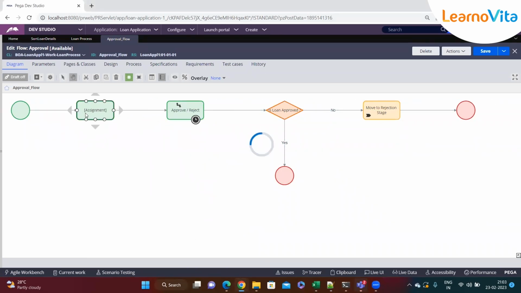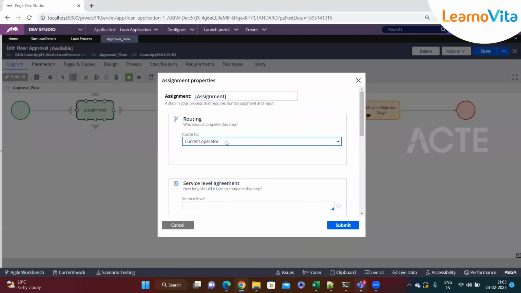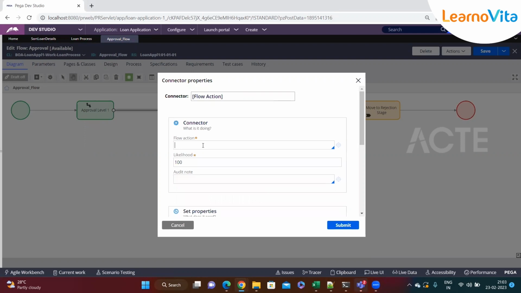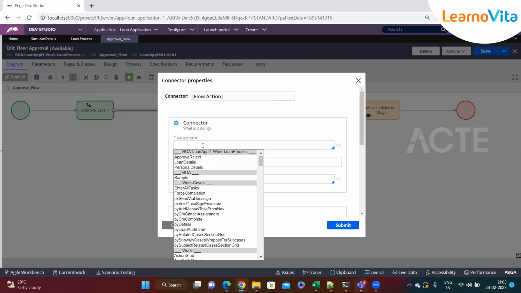For example, let's say this guy has approved it, so now this is approval level 1, and currently I'm routing it to me only. Okay, I'll submit this, and then here I'll place the flow action name as loan details, personal details, and